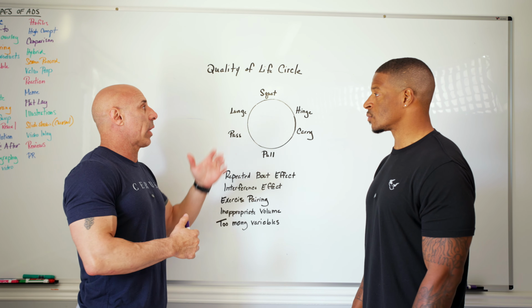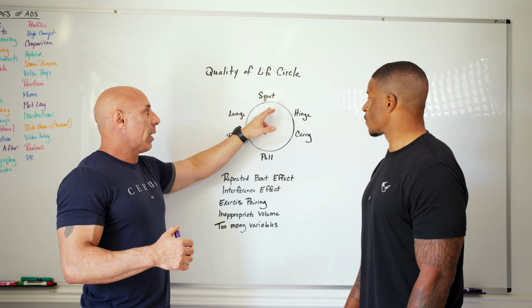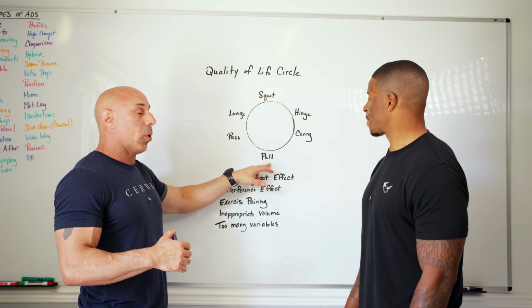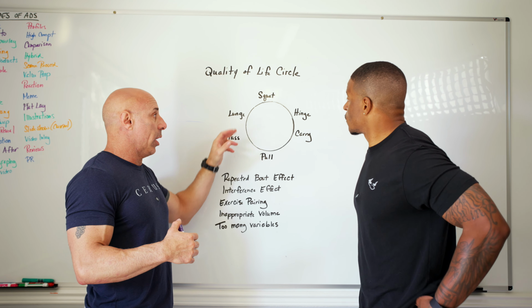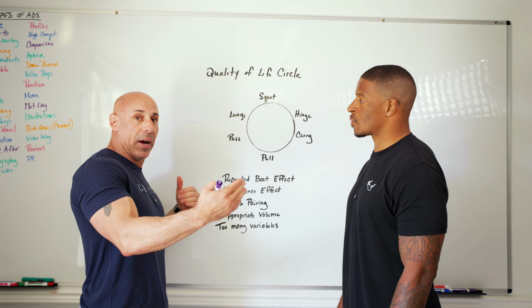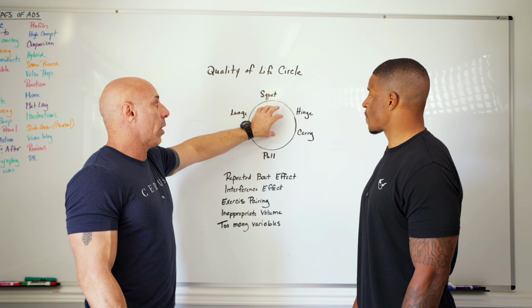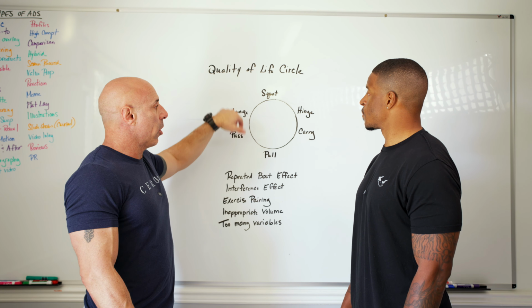So the first thing we look at, and these are all familiar movements to most people in the industry: you've got the squat, you've got the hinge, which is the bend pattern, the carry, then we have the pull, which is vertical and horizontal, the press, vertical and horizontal, and then you have the lunge. These are the staple of most of our programs, and then we venture out from there into the jumping, throwing, and rotational. But these are what you want to build upon and start to strengthen. Spend most of the time in here.